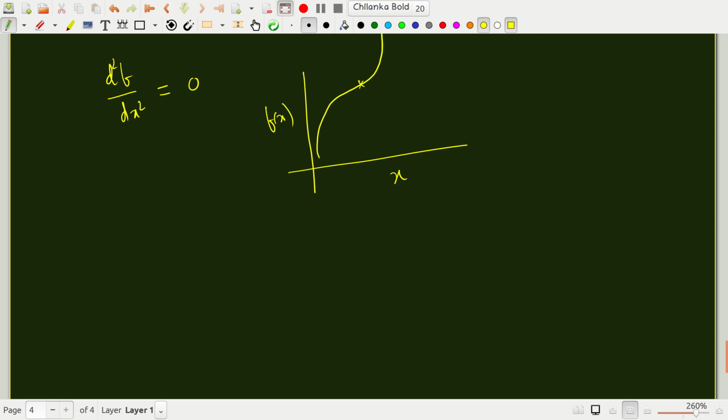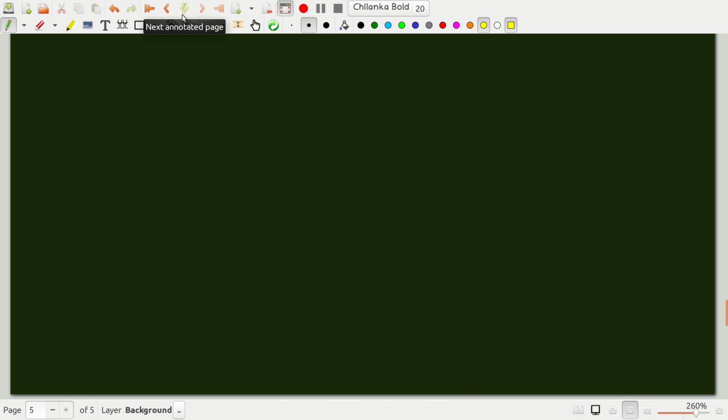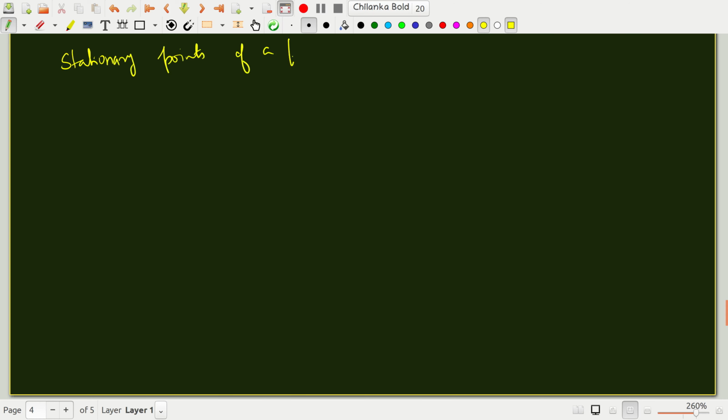Okay, so here both the first and second derivatives can be 0. Now, what if you have more than one variable? That is the point of this lecture anyway. We are looking at multivariable systems or multivariable functions, right? So how to find stationary points of a function of two variables to begin with, and then I'll come to many variables.